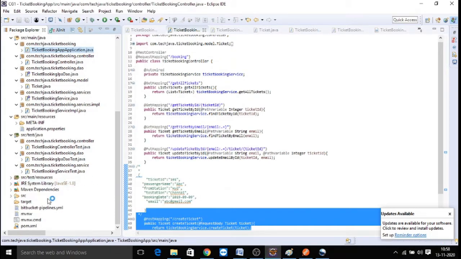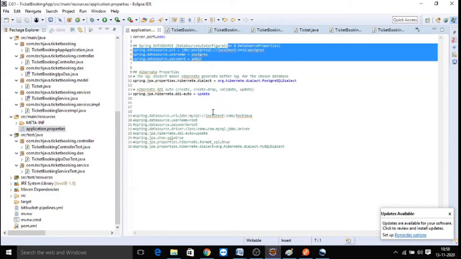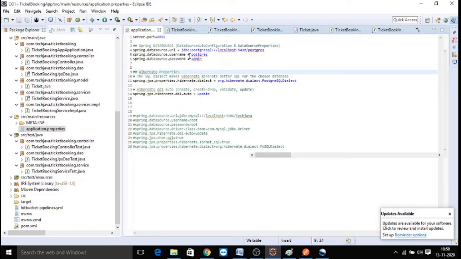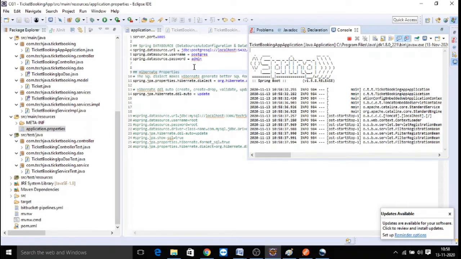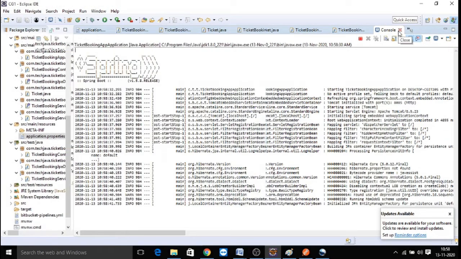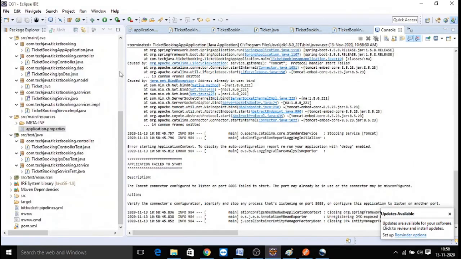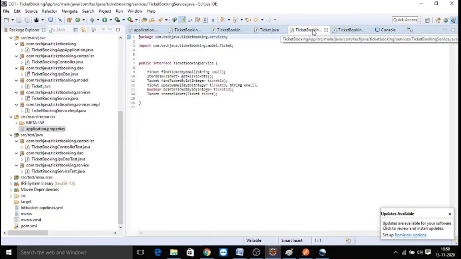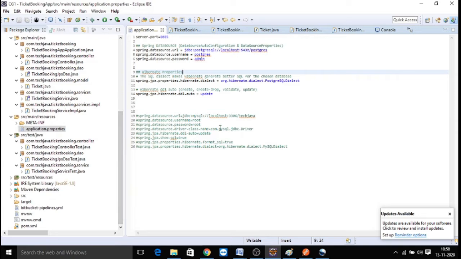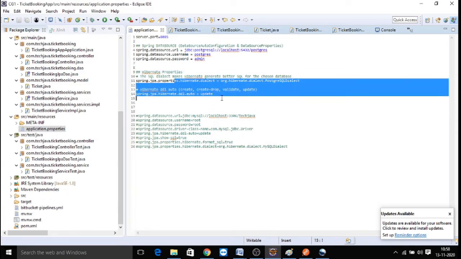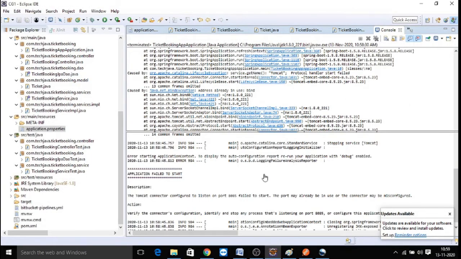This is the application running on 8085 port, and we can observe here all the database properties we configured with Postgres related properties. And then here we also configured certain Hibernate related properties like hbm2ddl auto to auto create the tables, and then dialect features. Once the application is ready here,